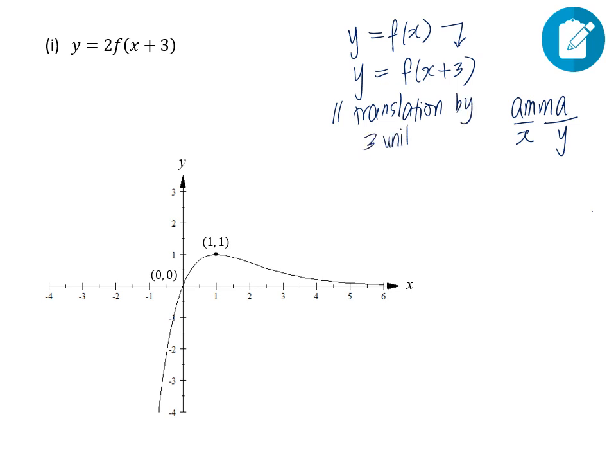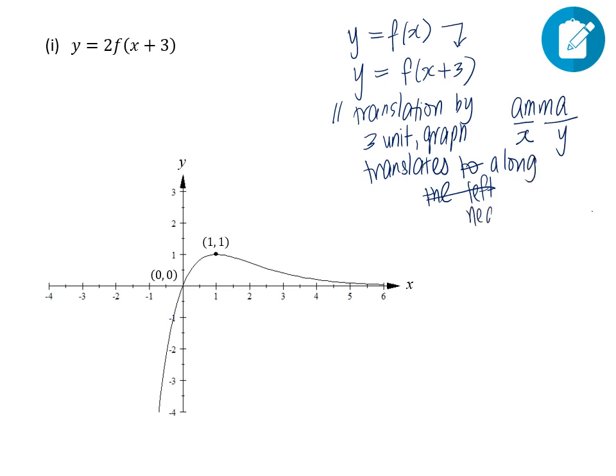Because it's an x transformation, we say that the graph translates to the left, or instead of saying to the left, we will say that it translates along